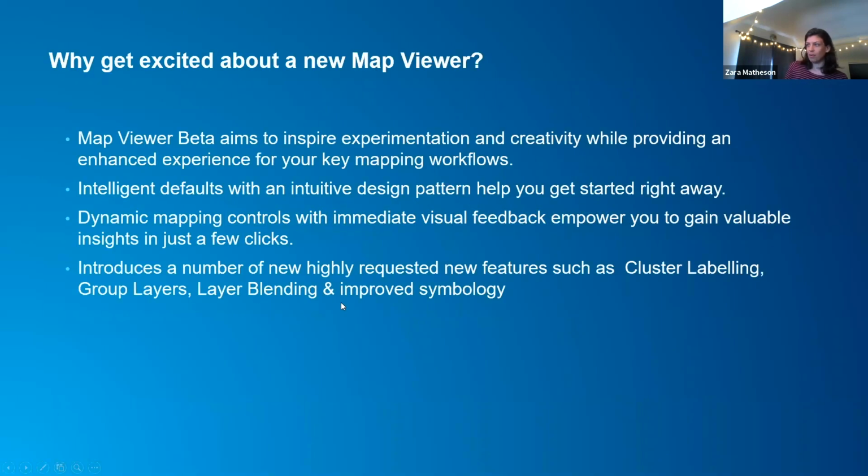So why get excited about a new map viewer? Map Viewer Beta aims to inspire experimentation and creativity while providing an enhanced experience for your key mapping workflows. It features intelligent defaults with an intuitive design pattern, which helps you get started right away with new maps. It has dynamic mapping controls with immediate visual feedback, which lets you gain valuable insights with just a few clicks. And it also introduces a number of highly requested new features, such as cluster labeling, group layers, layer blending, and